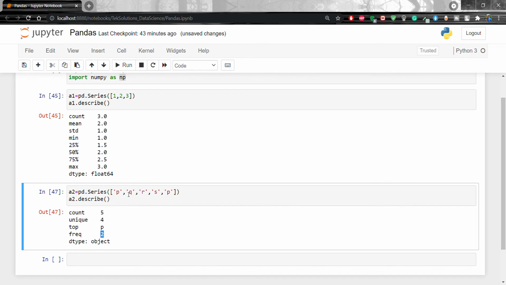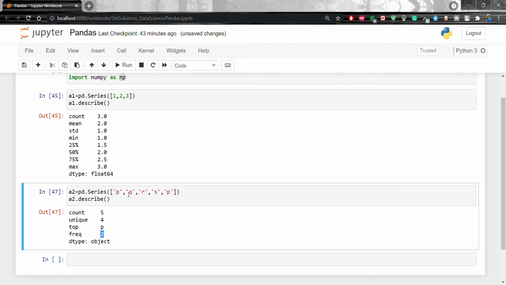Now let's create another data frame, info equal to pd.DataFrame, instead of a series. We have to pass categorical, that is your column name, and after that pd.Categorical, that is your method, and we pass the values s, t and u.